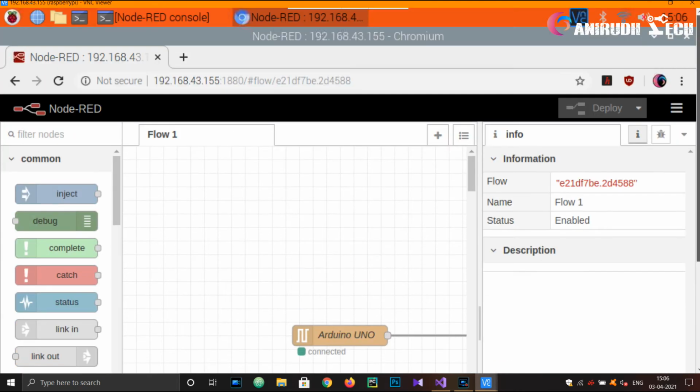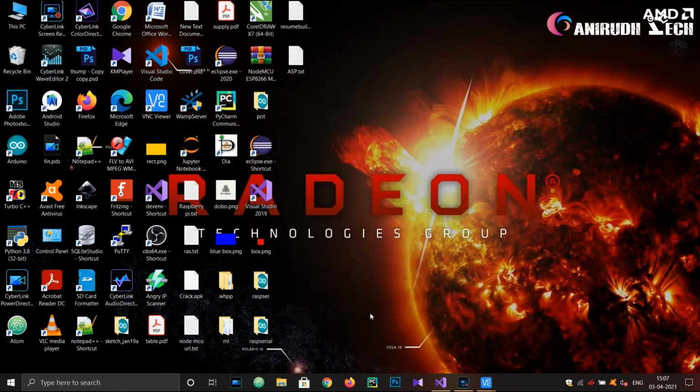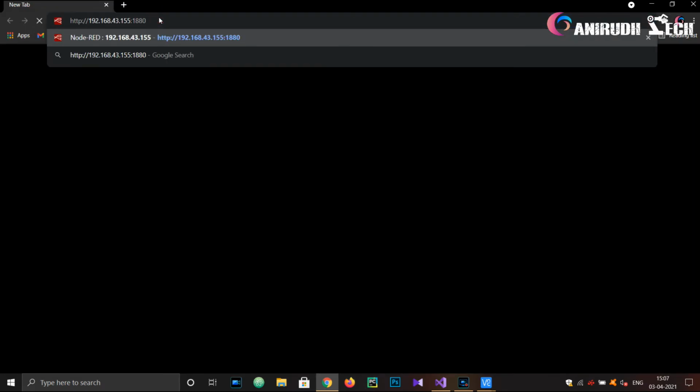Either you can do it this way, or I am just closing it, and if your system is connected to the same network as the Raspberry Pi, then you can just minimize it. My laptop is connected to the same network that my Raspberry Pi is connected to, so I am just minimizing it and going to my browser. Here I am using Google Chrome, but you can use any. It is not secure, but no issues. We are just doing it for testing. So okay, here I am pasting my URL. You can check it. Yeah, not secure. You can see it here.